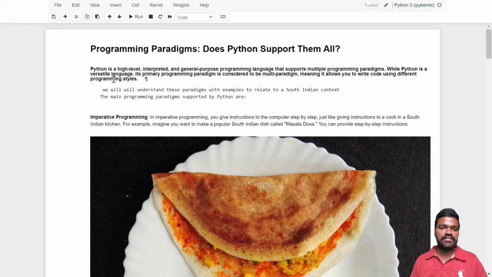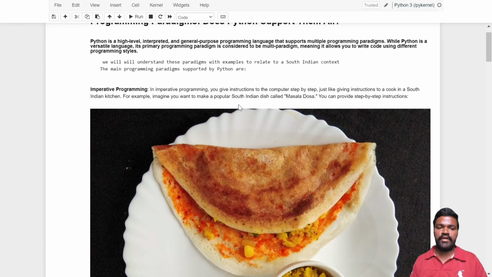To understand this, Python is a high-level interpreted general-purpose programming language that supports multiple programming paradigms. While Python is a versatile language, its primary programming paradigm is considered to be multi-paradigm, meaning it allows you to create code using different programming styles. So in this video, we will understand these programming paradigms with examples related to the South Indian context. The main programming paradigms about Python are